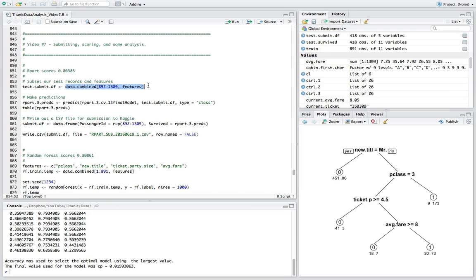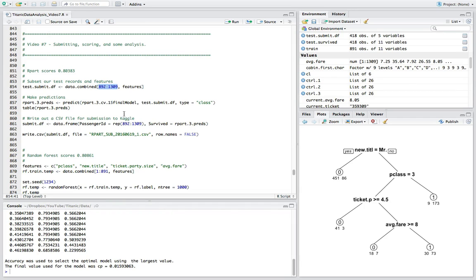data frame. So that's the data frame that we've been using all along that holds both our training and test data. And this is where we've been engineering features and doing all kinds of interesting data analyses. But now we need to subset it, because now we need just the test aspect of that data frame. And that's the rows that correspond to these indexes here. So rows 892 through 1309 were the test records that we appended on to the training records to create originally